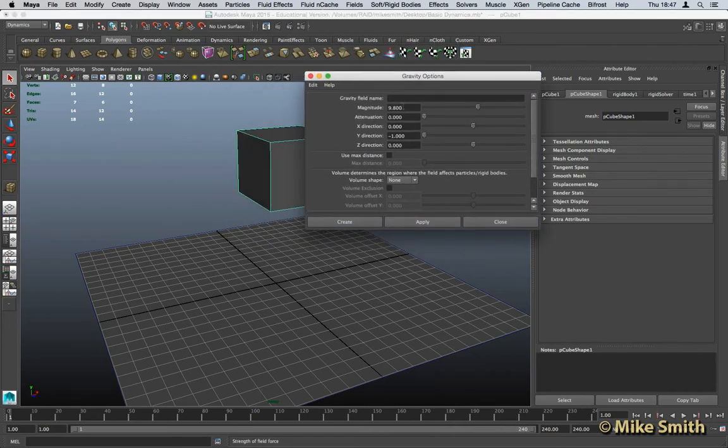and here we've got two different settings. You've got magnitude 9.8. Now that's 9.8 meters per second squared, that's real life gravity. Then we've got our X, Y and Z directions. You'll see that Y is set to -1. That means it's down. The force of the gravity is pulling down towards the floor. So again, that's real life. Click on create,